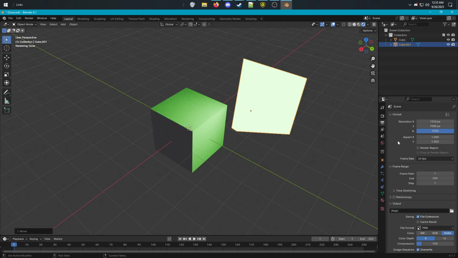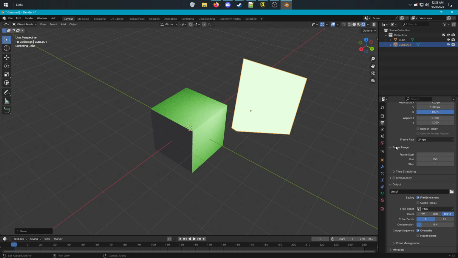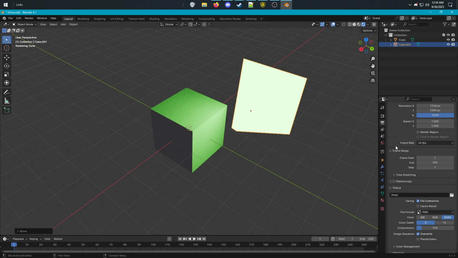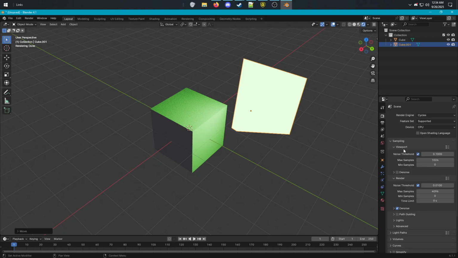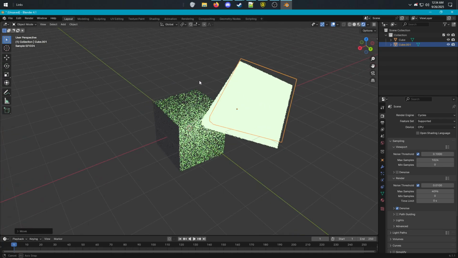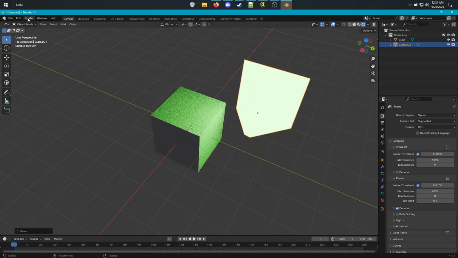You will have to tweak a couple things, like setting your resolution in the output whenever you do make a render. You can set the resolution here. I think that's the only thing I ever touch in here. I don't really touch animation, so frame rate doesn't matter to me. But under the render window, we can change how many times the image is rendered whenever we're in the viewport, which is this view here, or the render, which is popped up by clicking render and then render image or